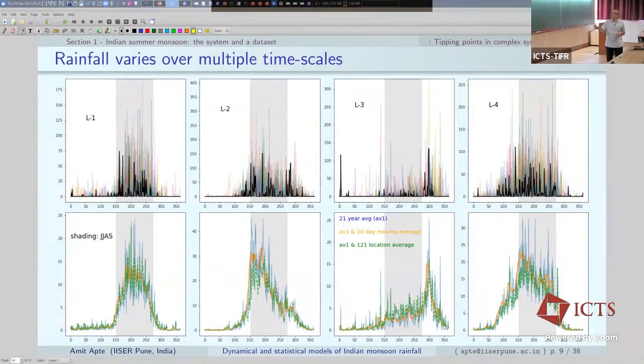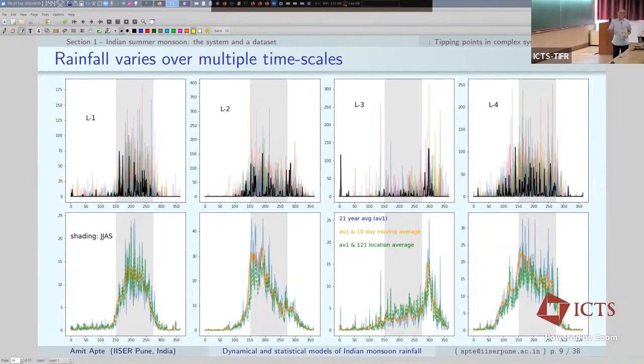But if you look at any individual year, here I have plotted all the 21 years in 21 different colors. One of the years is black, just to highlight one single year. So you can see that this doesn't look like this nice smooth curve of rainfall. It goes up, then falls down, and then flattens out, right? Any given year, we know that also. It rains for 10 days or maybe 3 days, and then stops for 10 days, nothing happens, and so on and so forth. That's what you see for any individual year. Once you average out over, say, 21 or 100 years, then this kind of nice smooth behavior comes out generally.